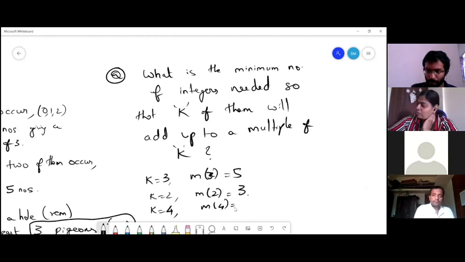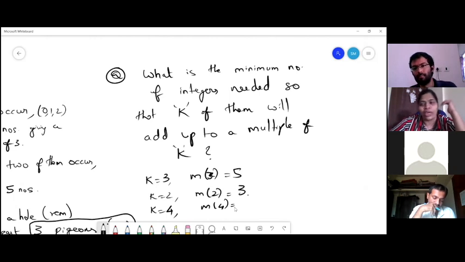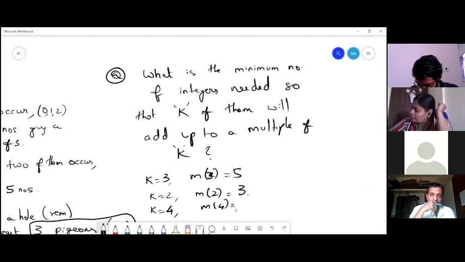So in 4 and 5, there are different ways to add up to 5, or 4 in case of 4. So 2 plus 2 will give us 4, 3 plus 1 will also give us 4. 3 plus 2 will give us 5, and 4 plus 1 will also give us 5. So there are multiple ways. So I think that is making it more complicated, huh? Yeah. A little bit of partitions is also involved. Exactly. Partitions, yes.